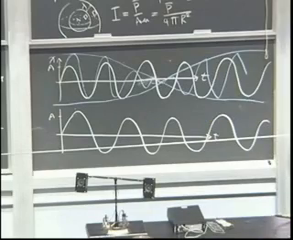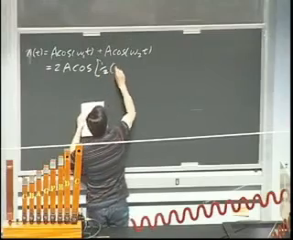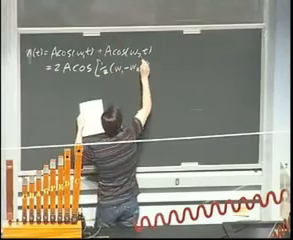So what does that look like? I'm just going to copy it right off my sheet so I don't get the factors of 2 in the wrong place. You get cosine, and you get 1/2 times the difference of the two, omega 1 minus omega 2, and then you